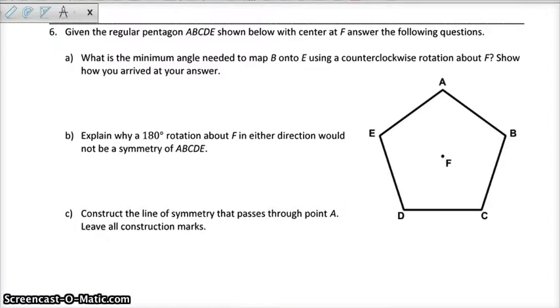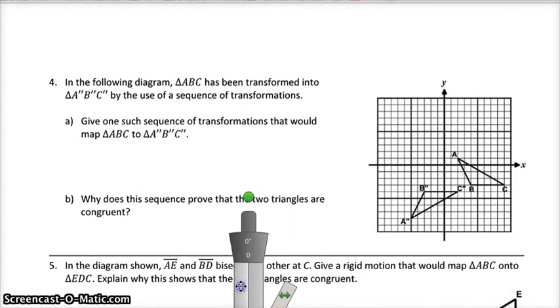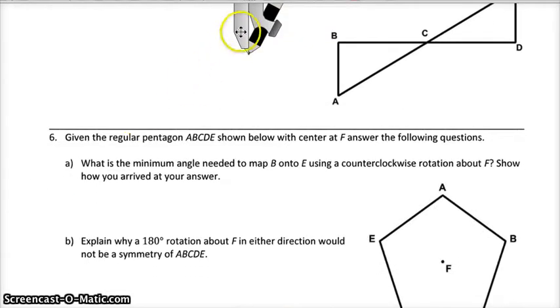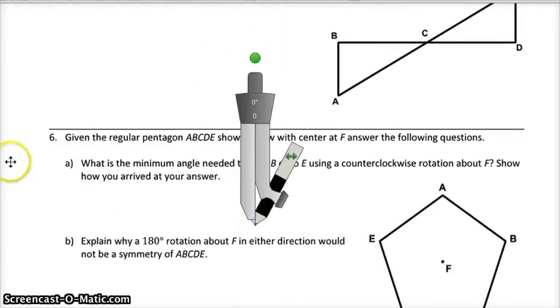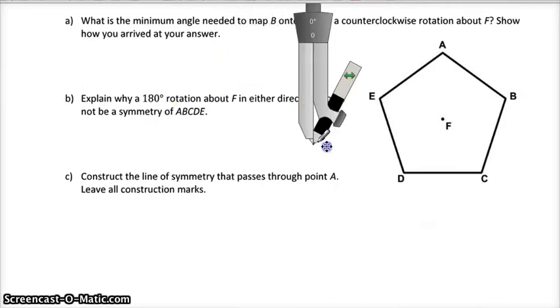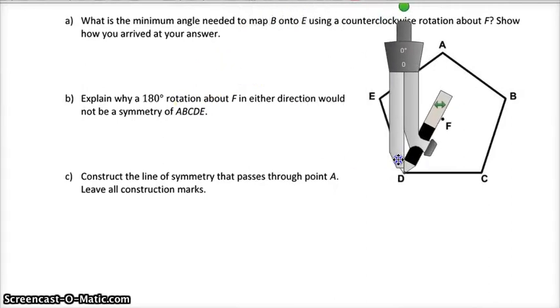So part C says construct the line of symmetry that would have to pass through A. So remember, a line of symmetry is also known as a line of reflection. It cuts everything in half the same way a line of reflection would do. So it would not only pass through A, but it's also going to bisect DC as well as pass through